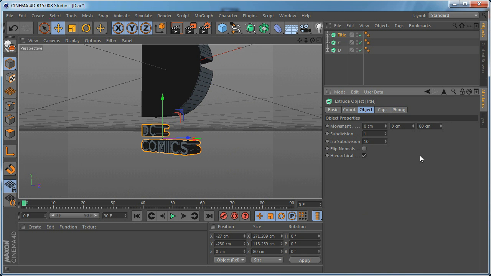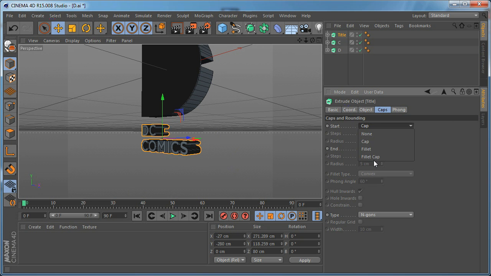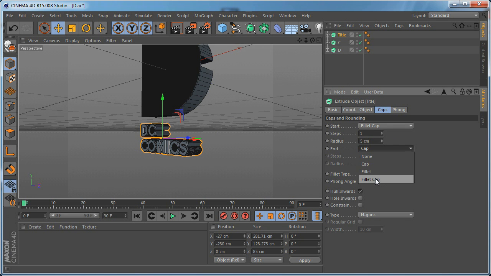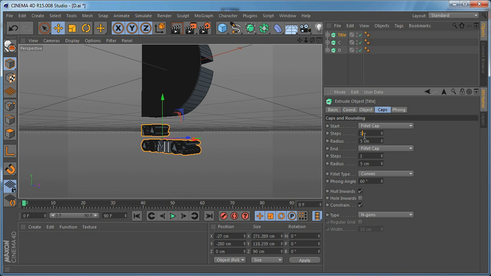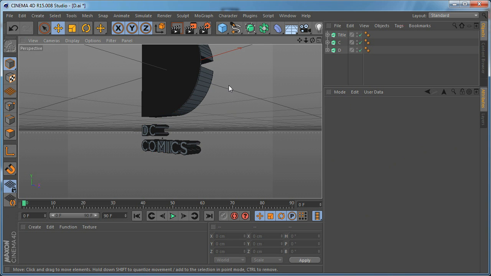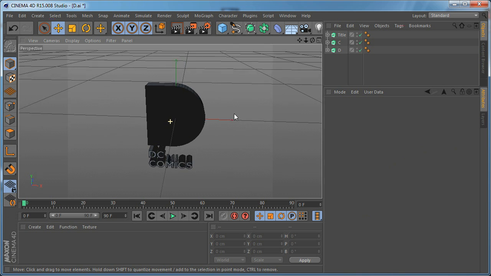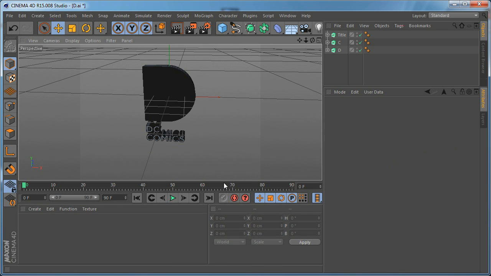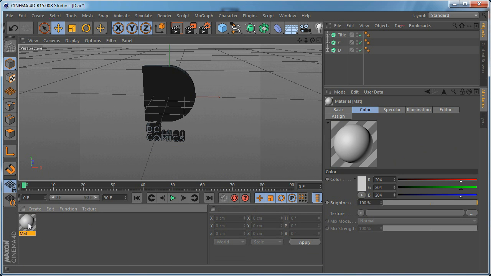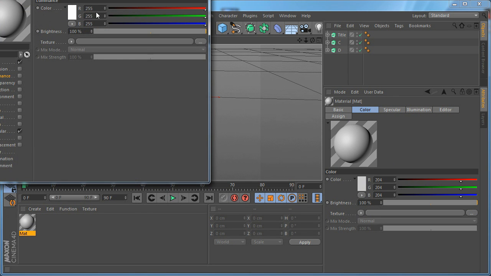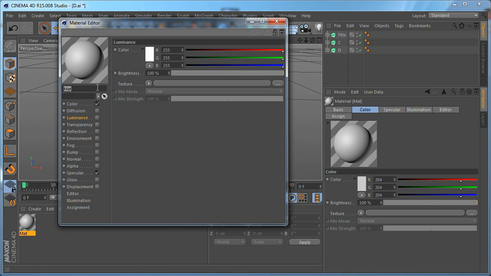And let's go to the caps and again apply a fillet cap. Let's click constrain and use the same settings, 2 steps and 1 centimeter for the radius. And that's it. We are ready with our basic setup. Now let's create a few materials. So let's create our main material. So let's call this one main,